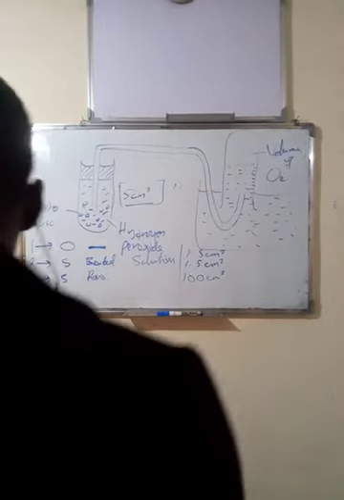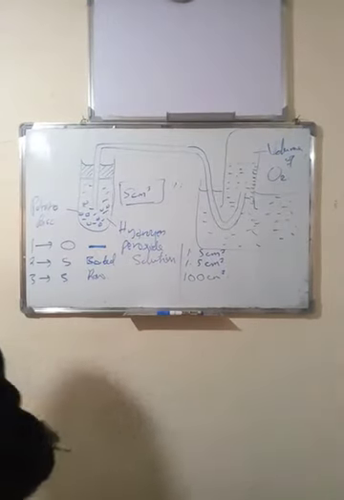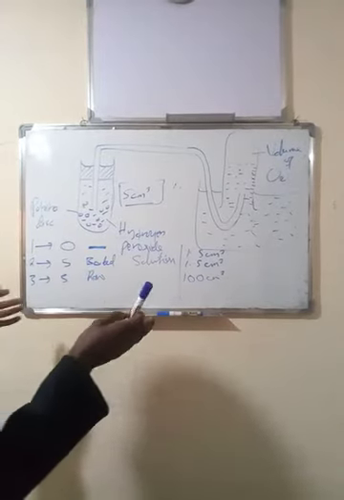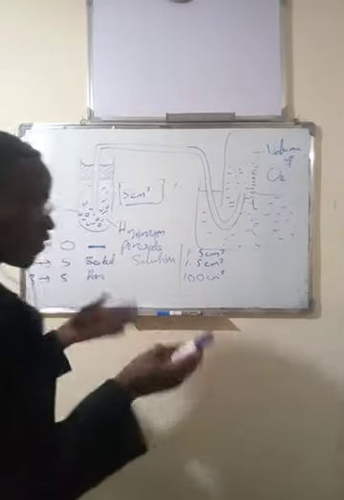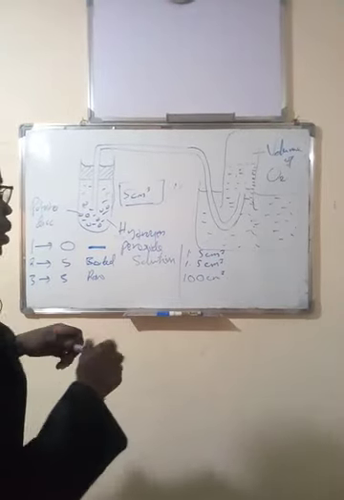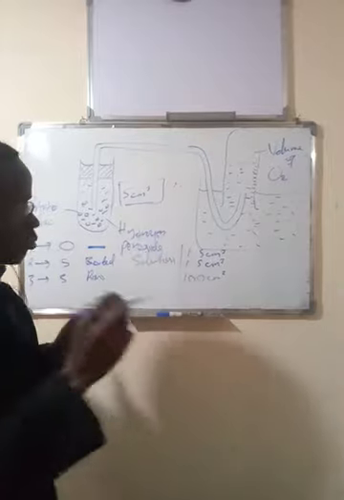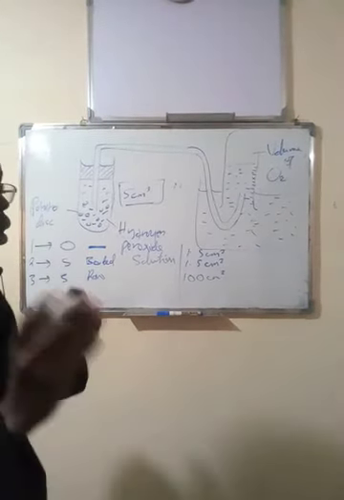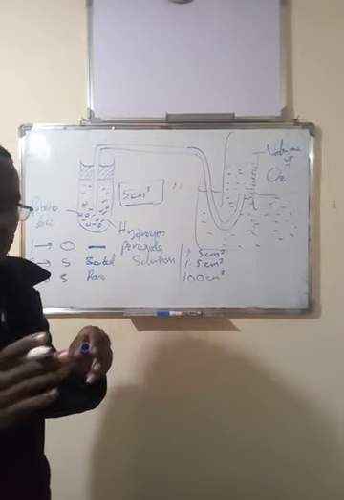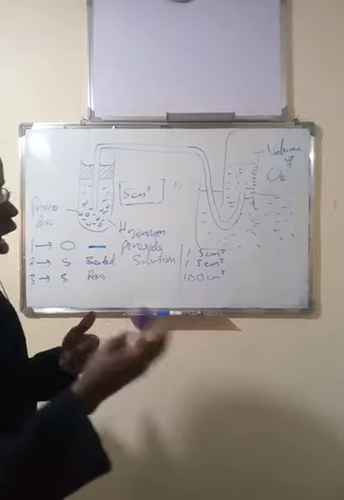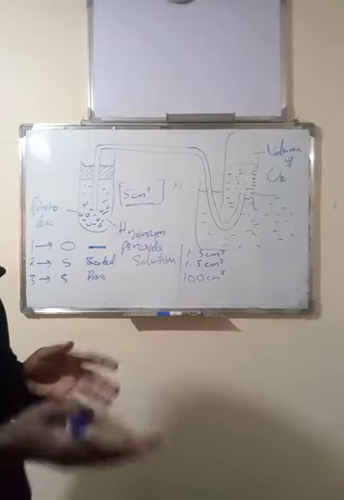Okay, so let's go through the question once more. We're saying that in this diagram, it was an experiment used to determine the effect of a biological catalyst on the decomposition of what? Of hydrogen peroxide. Remember, hydrogen peroxide is going to decompose to form what? Oxygen and water. Now, the decomposition of this hydrogen peroxide can occur under several conditions, and one of the